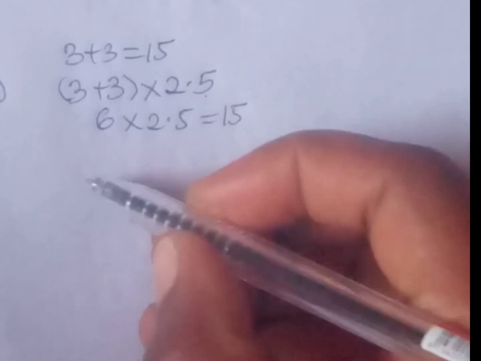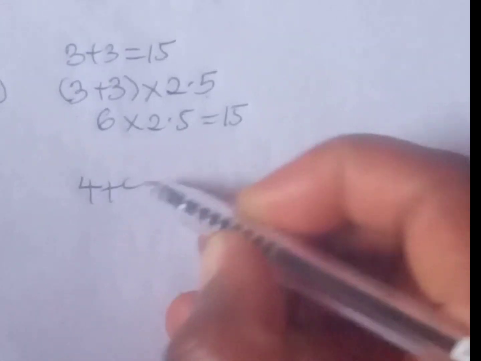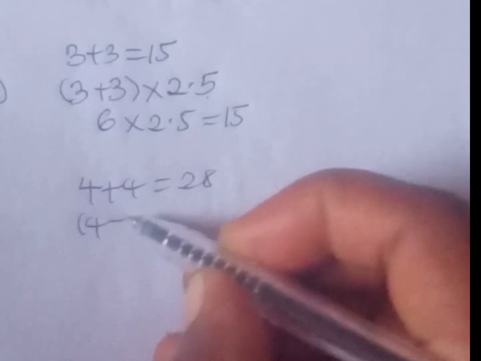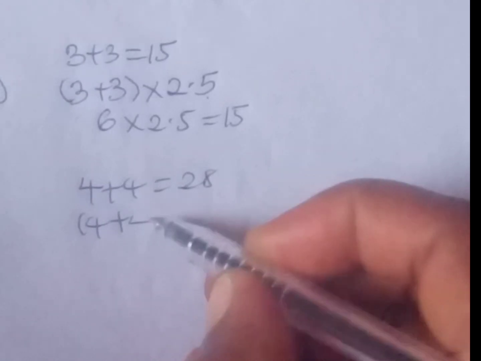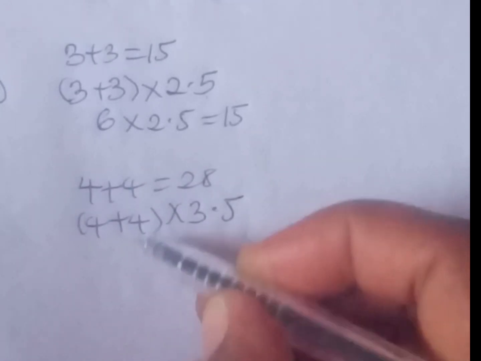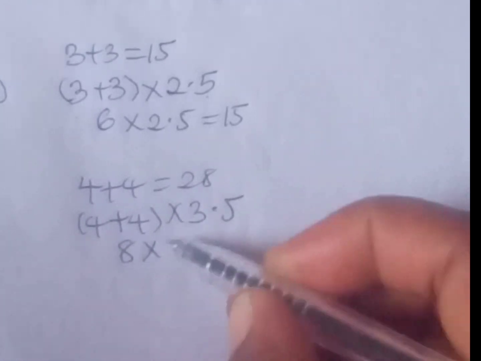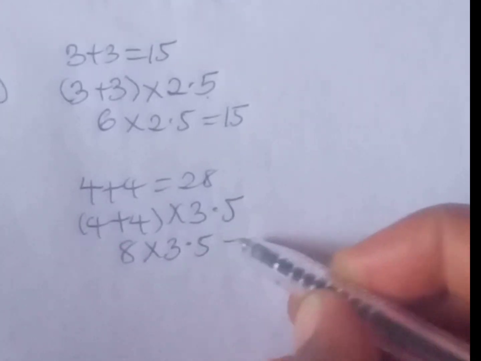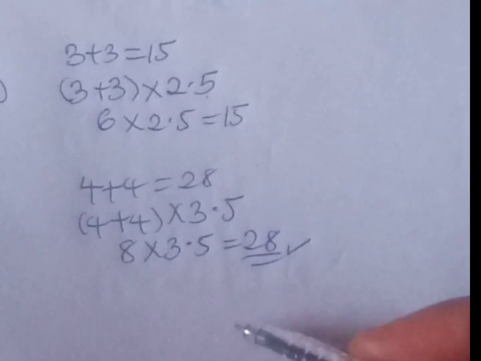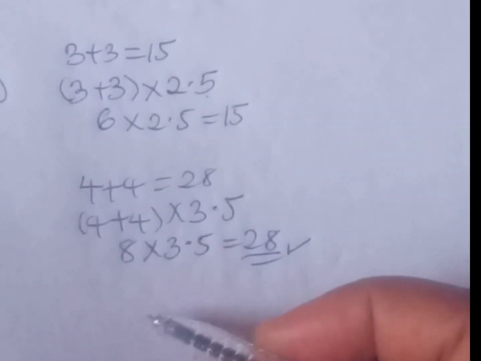So the third line now says 4 plus 4 equals 28. So first number 4 plus second number 4 multiplied by 3.5. 4 plus 4, 8. 8 multiplied by 3.5 will give us what? 28, which is correct. Now let's solve the question before us, which says